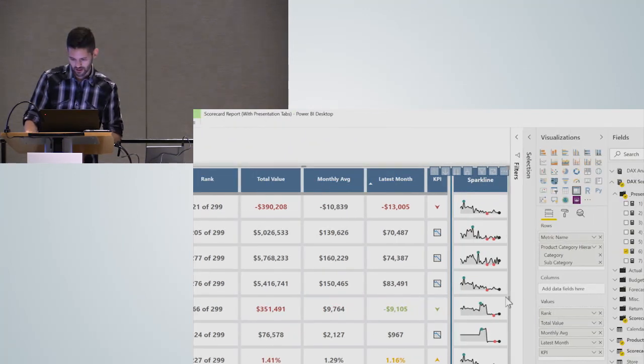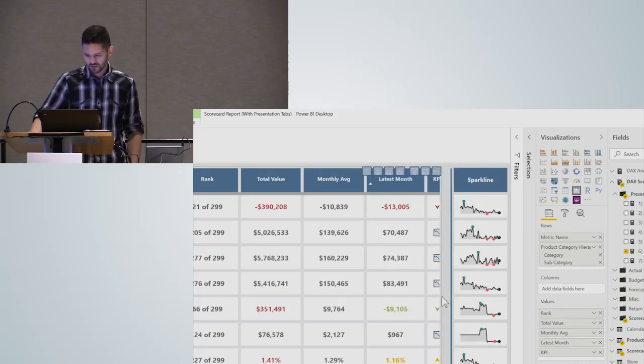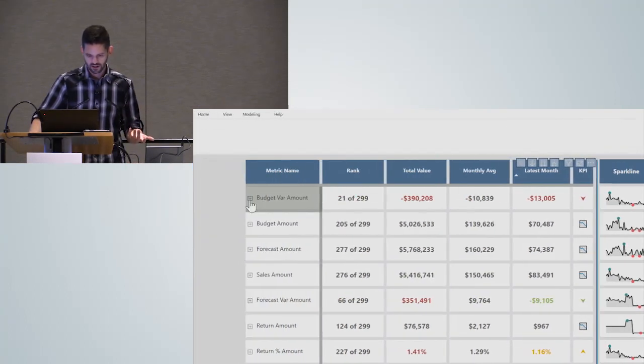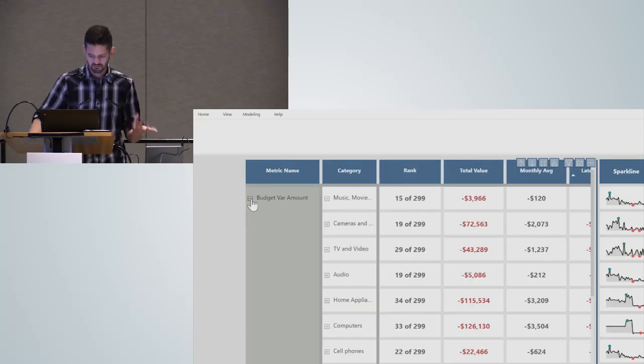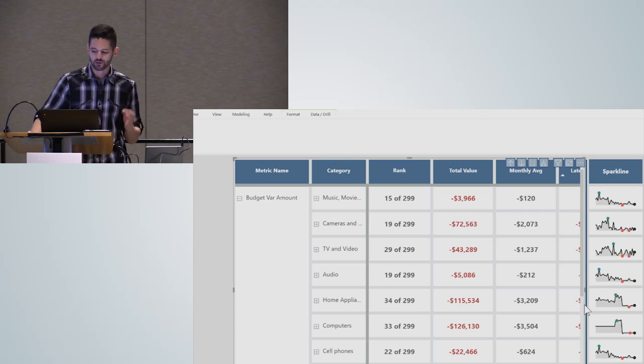I don't want it to jerk around at all. The actual table stops right there. So it extends out to here for a reason. Because if I stopped it here and I expanded, well, it's not going to fill it up. But the reason I have it expanded all the way out is that's how it hides my sparkline. Because as I mentioned, my sparkline only works at the total level.